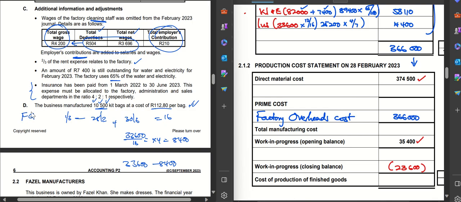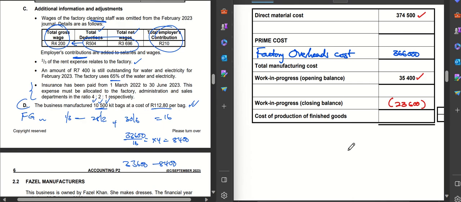That is another option, whereby they give you the number of units and the cost per unit, or they just give you the opening stock of finished goods, the closing stock and the markup, as well as more information about sales so that you can open a finished goods stock account and get this amount. However, in this question, we say how many units were produced, 10,500, and the cost price per unit, 112.80. Once we multiply those figures, we should get